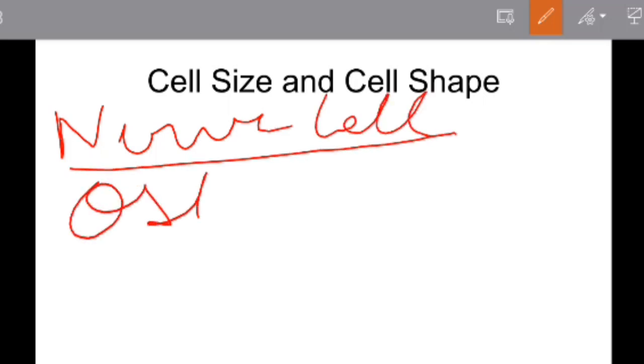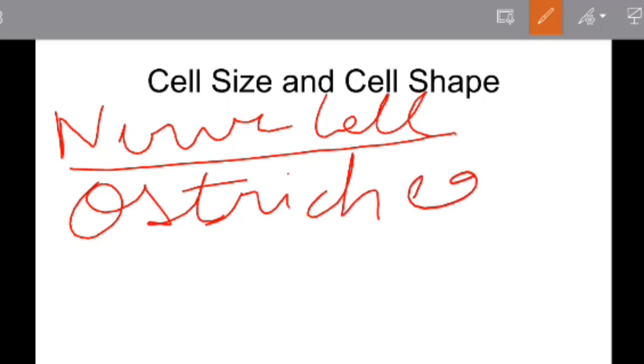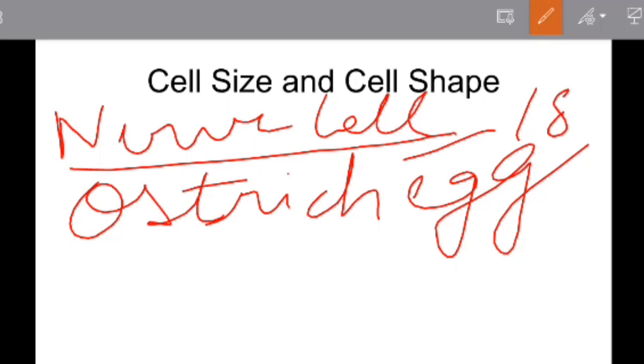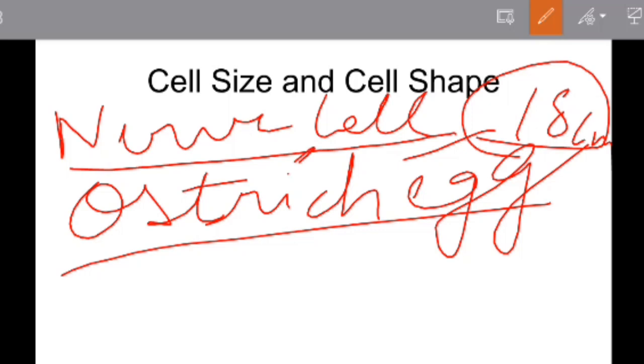The ostrich egg is the largest one. It is about 18 centimeters, and that will be the ostrich egg. That is the largest egg. And the nerve cell is the longest animal cell. Okay,